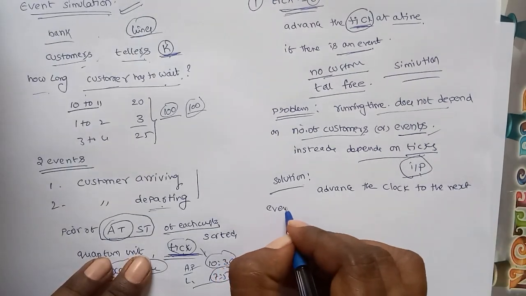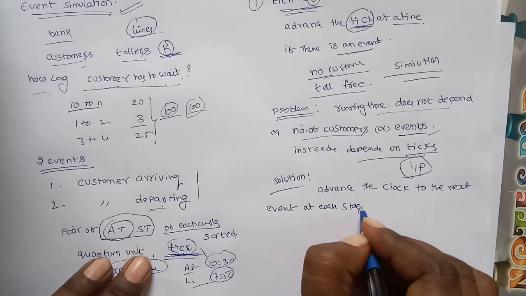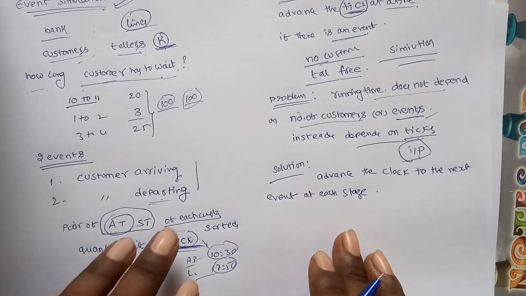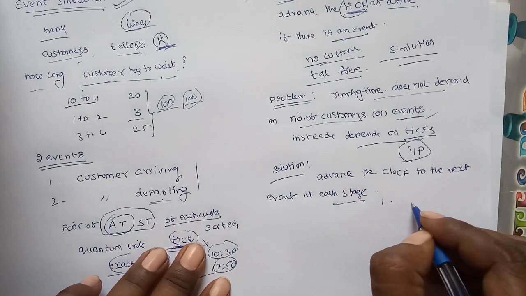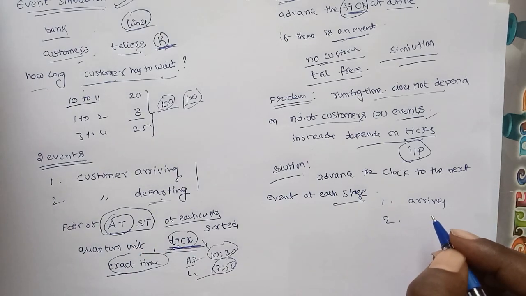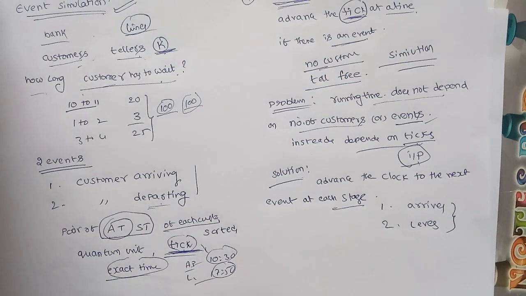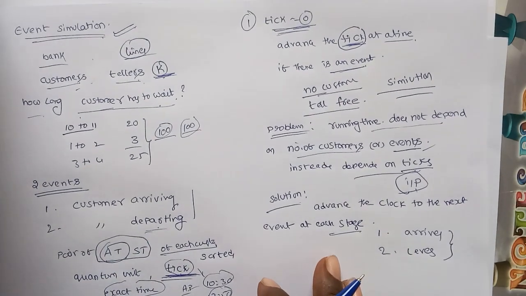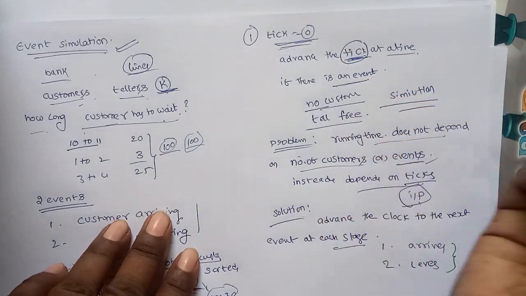Advance the clock to the next event at each stage. That is, whenever a customer arrives or one of the customers leaves. That means instead of every second, I am incrementing the tick value